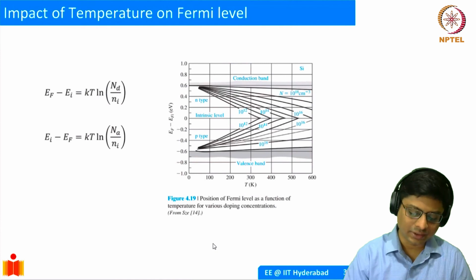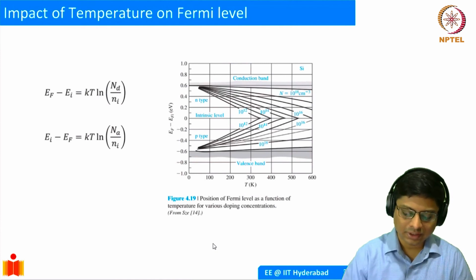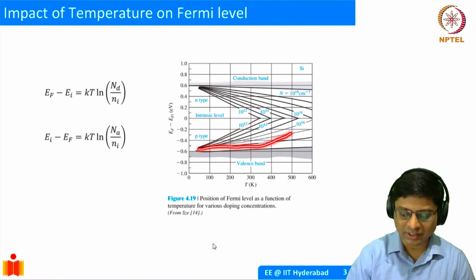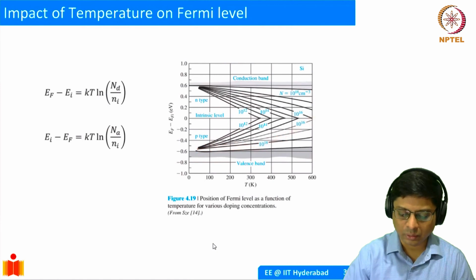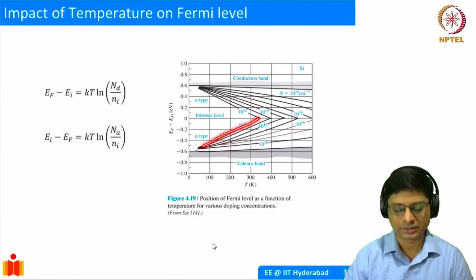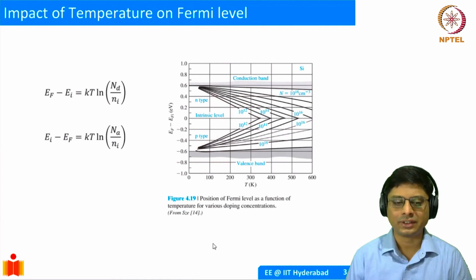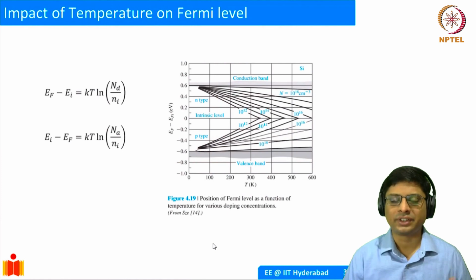So as we said, as temperature increases, the semiconductor becomes more and more intrinsic. And of course, if your doping density is high, it takes higher temperature to make it intrinsic. But if your doping density is low, it quickly becomes intrinsic. Okay. So N-type, P-type. So please make sure that you understand these things. Even though, yeah, in a paper-based exam, I typically ask these questions because it gives a lot of insight into the understanding of the student.